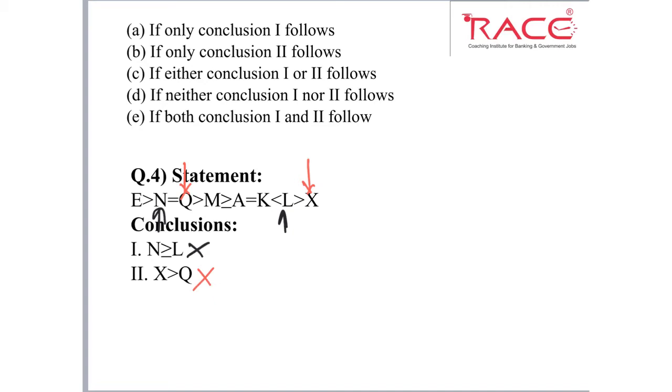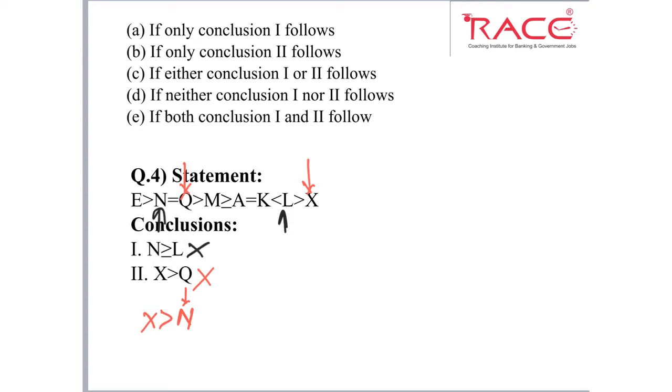So now we will check for what? Either-or condition. For the either-or condition, the elements must be the same, but in this case you can see here we have N, here we have L, here X and Q. In this case, this is a special case, we can say N is equal to Q. So sometimes they put some complicated conclusions. So in this case we can also write Q is equal to N. Okay, so this also becomes X greater than N.